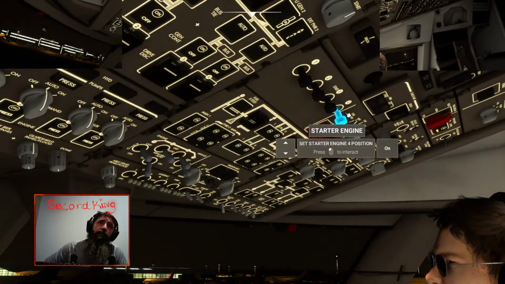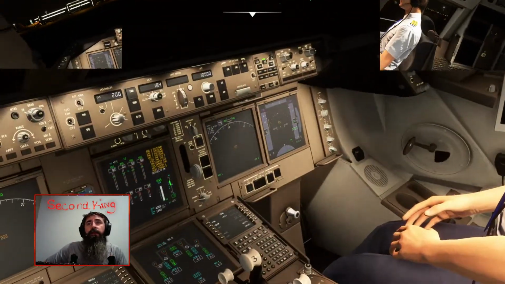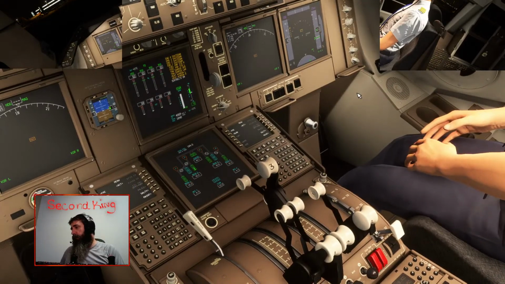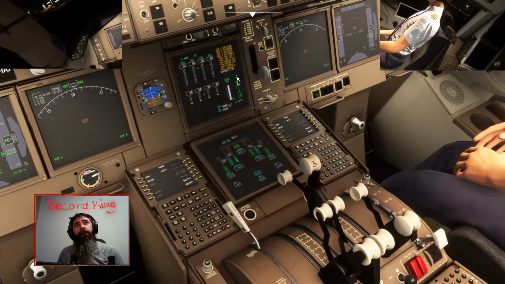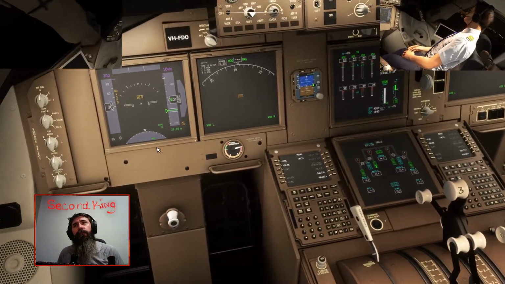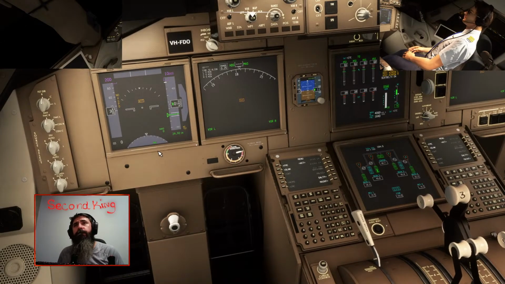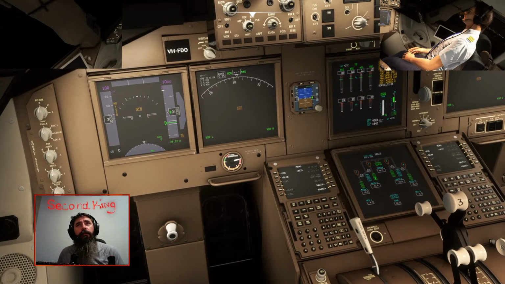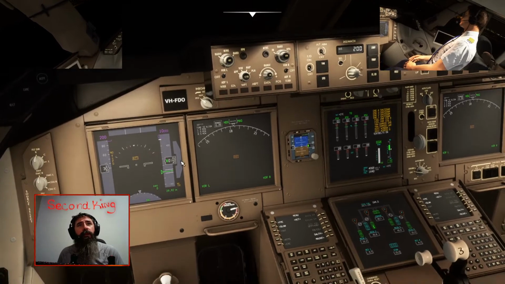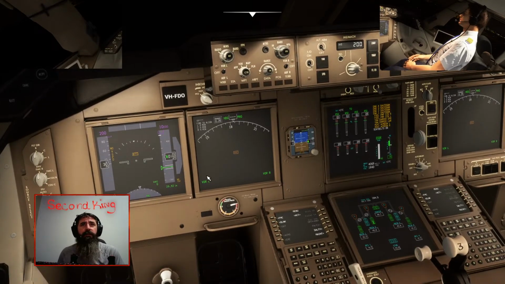So let's start the fourth engine. Fourth engine's coming alive. Seatbelts on. Yep. So I'm not going to specify any.